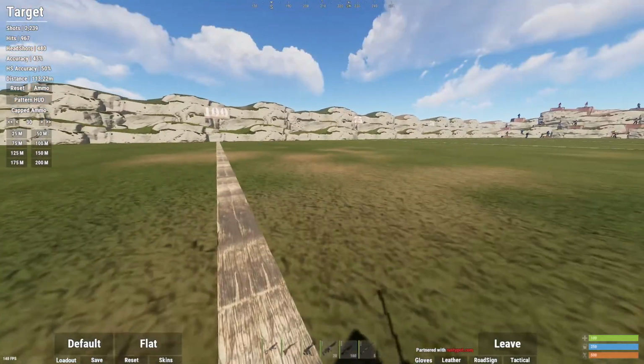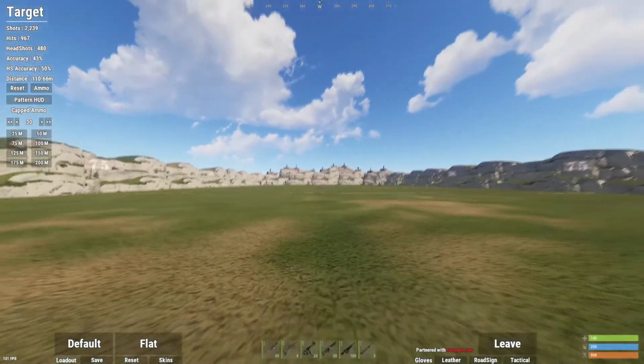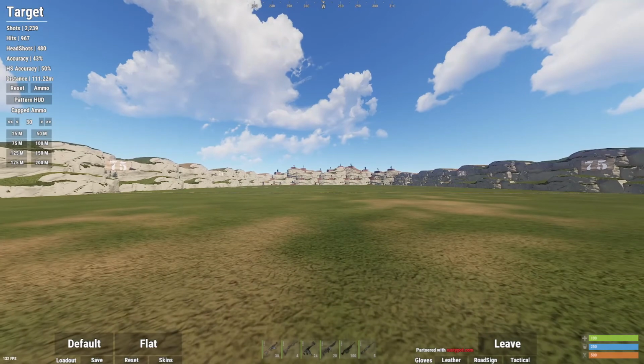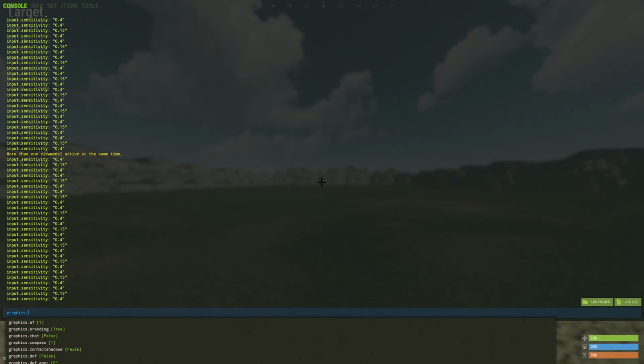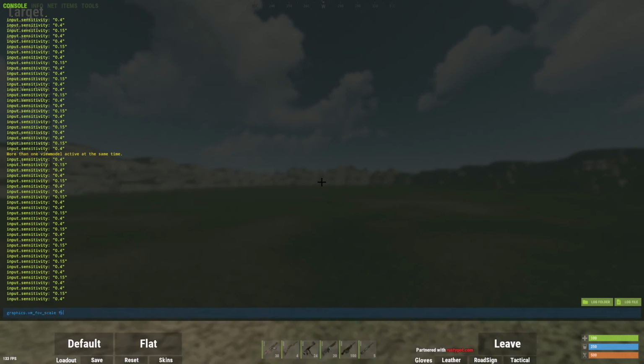Accidentally forgot to say this at the start of the video. But before you even go to spray any weapons, you're going to want to open up F1 and then type vm.graphics.vm FOV scale and then put it to false. If you have it set to true,